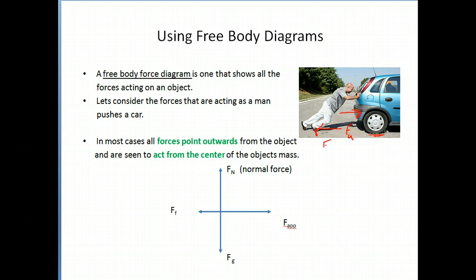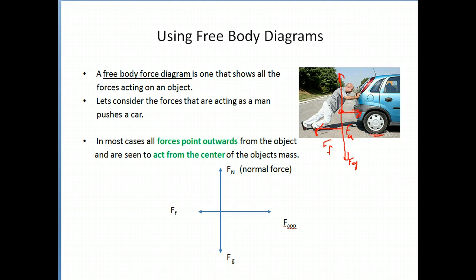So we also have a force of friction. And there are two other less obvious forces. We have a force of gravity, which is pulling the car into the ground. Now, since the car is sinking into the ground, the ground's also exerting a force resisting gravity, up, and we call that